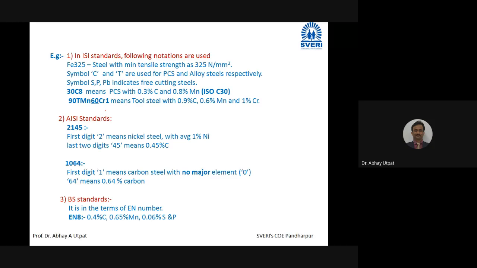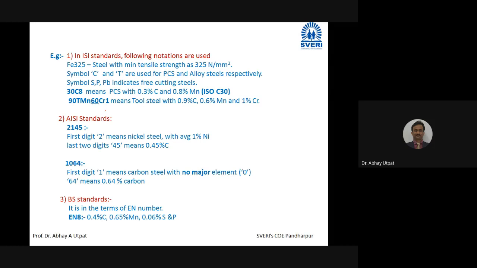The same steel at international level has a different code. They are using C30. So the meaning of C30 is 0.3% carbon, plain carbon steel. Now you will say, sir, here the 30 is after C, there it was before C. Yes, internationally they write after, and at Indian level we write before. No issues. Everybody has different codings.